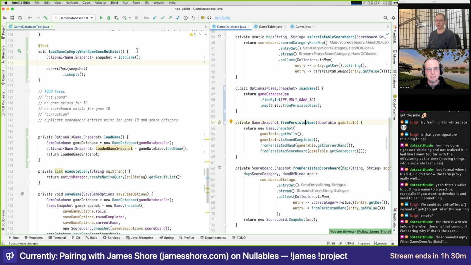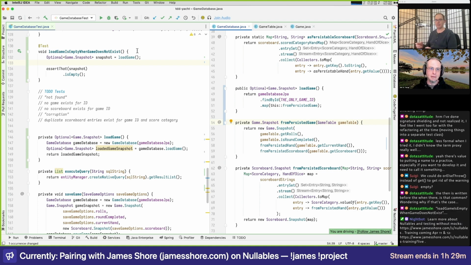These days, because I'm working with BDD style testing frameworks, they have describe blocks and it statements. And I prefer that over the suite and testing language, even though I don't love BDD as an overarching philosophy. I find that it's a little bit overwrought. But I do like the phrasing that comes out of saying describe and it. So I'll say describe loading, and then I'll say it is empty when game does not exist.